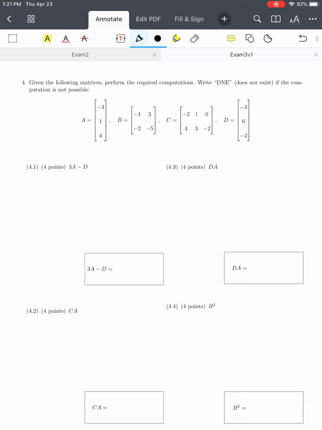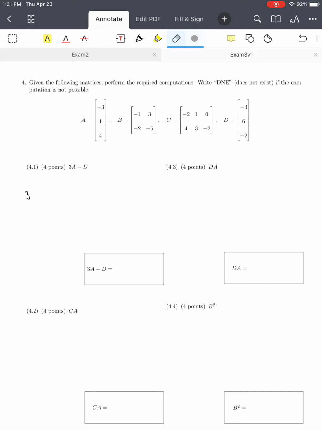Okay, so problem 4, given the following matrices, perform the required computations. Write D and E if it does not exist. So 3A minus D. So let's see, 3A is just multiplying each of the entries of A by 3. So that's negative 12, 3,